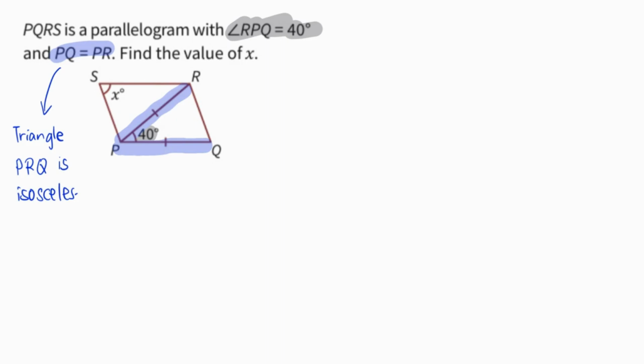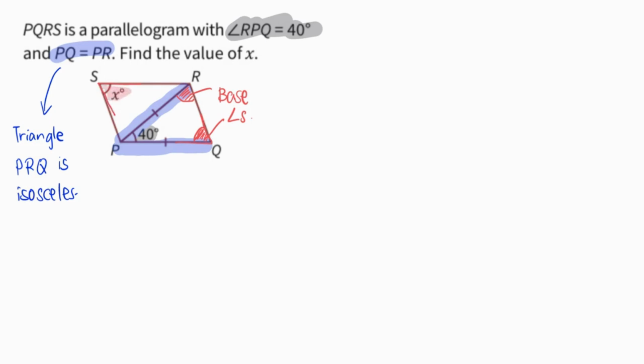And isosceles triangles have a very special property: this is what we call the base angles of an isosceles triangle. They are equal to each other. And once I am able to get the angle PQR, I will be able to